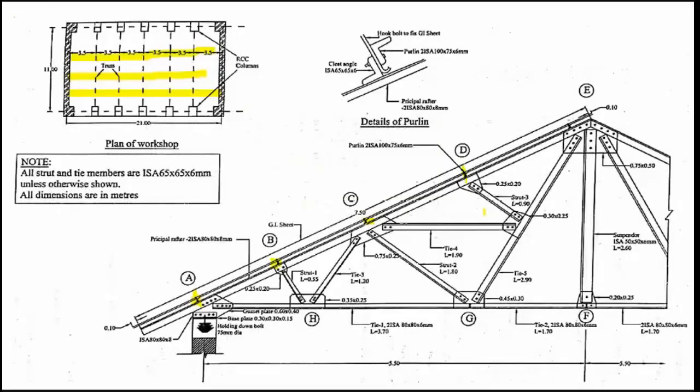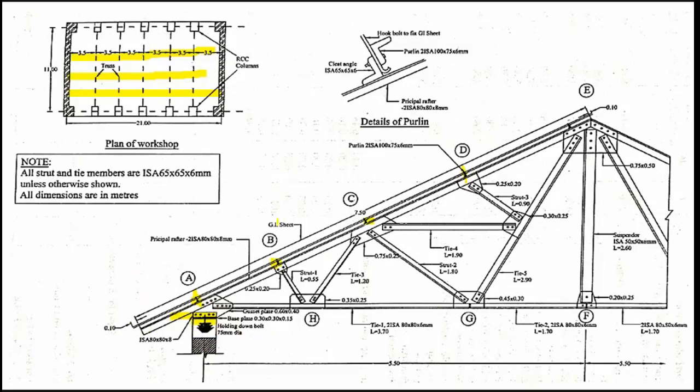So now we'll try to calculate. Now this truss is being supported on the two supports that we have. We are going to have one base plate, and the cleat angle, which is being connected to the gusset plate. This gusset plate will be attached to the truss member. In this way, the load transfer is going to happen from this truss to the supports. So two supports we are going to have.